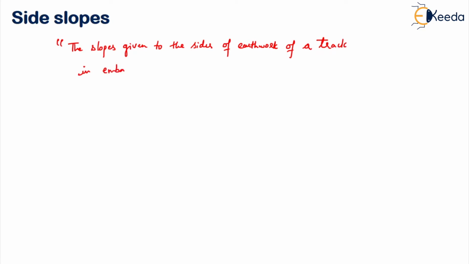Okay, so let me write the definition. The slopes given to the sides of earthwork of a track in embankment or cutting, for what? For its stability. If you don't give slight slope, if you just make the formation like this,